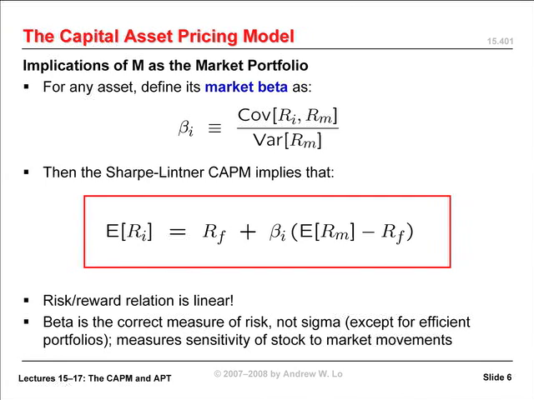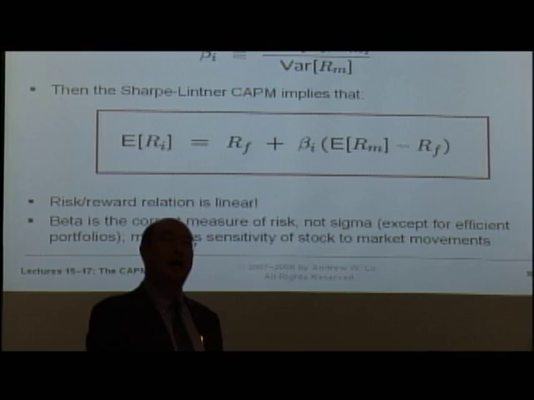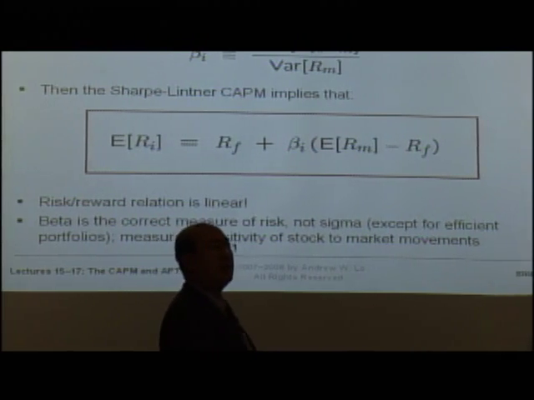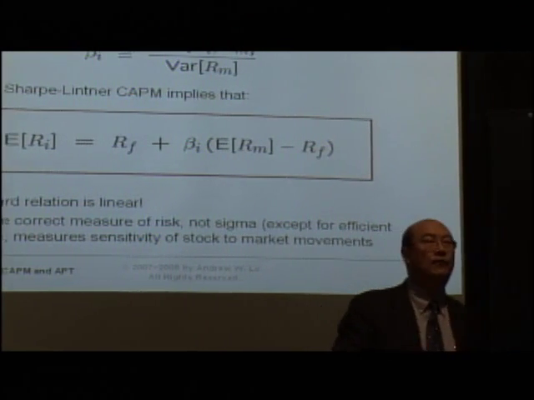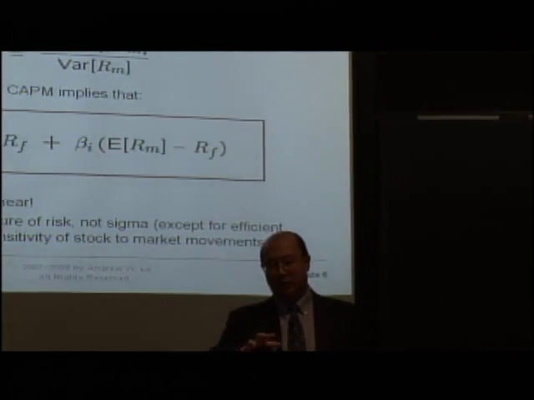But in any case, this relationship really tells you that given a particular covariance, you can measure the expected rate of return that you ought to be getting. All right? And this relationship is so important that we give it a separate name. It's called the security market line. Not the capital market line, but the security market line,